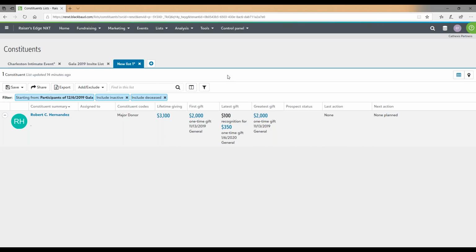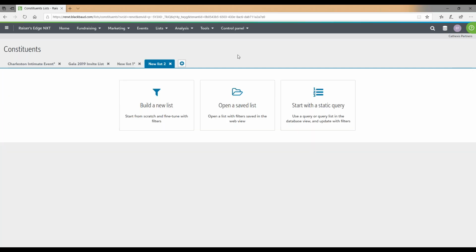So let's see. I'm going to say we're going to do an event in Charleston, South Carolina. And I know from past experience in our analytics that only about 10% of all invitees either don't respond or don't show. So we're looking to have an intimate little event with maybe 10 guests. That means we need to invite around 12 constituents. So we're going to choose the constituent